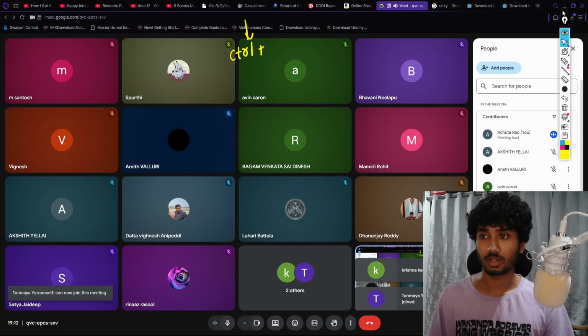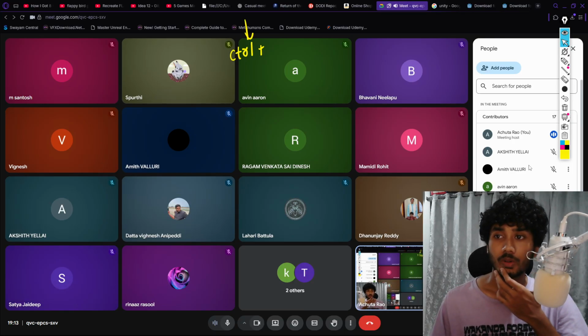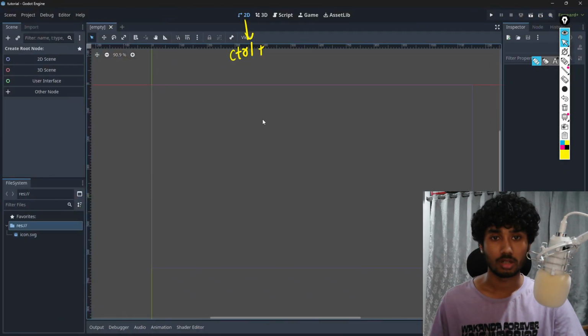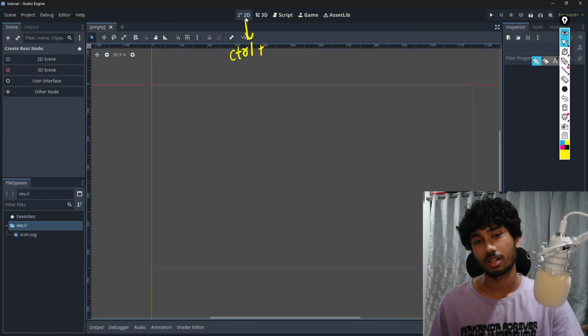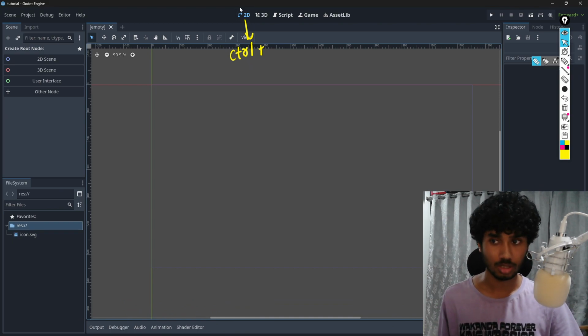17 people joined. So guys, as I told you, in this session we are learning about the Godot gaming engine. It is used to make 2D games, of course. So yeah, we are talking about the interface of it. I am repeating this thrice, I guess. So yeah, for the 2D workspace, the shortcut is